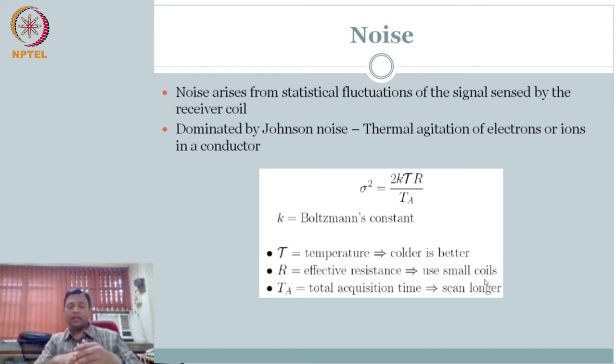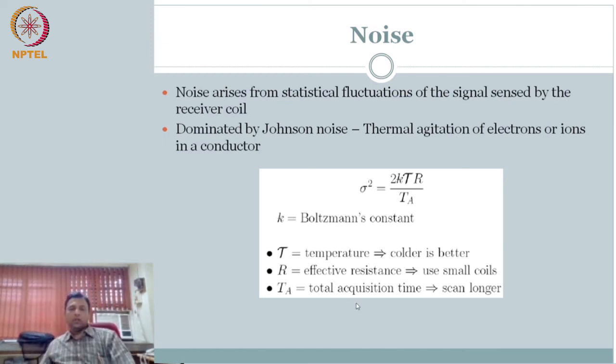So if I do wrist, I told you there is a body coil, and then they make dedicated coils: wrist coil, knee coil, head coil, name it. Why do they do that? Oh, I want to use a small coil. So if I want to image the wrist, rather than using the body coil in the bore as the receive coil, I would rather have a receive coil that is small, right? So that I can reduce the noise. Therefore, I can have better signal to noise ratio, right? So reduce noise by reducing this effective resistance, which essentially comes from the body resistance.